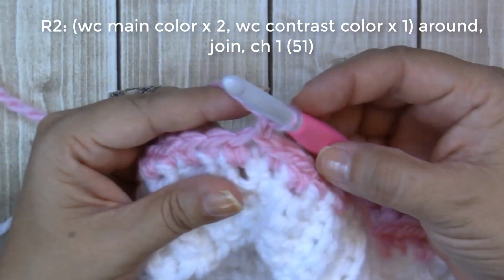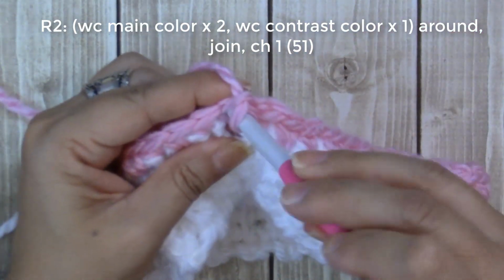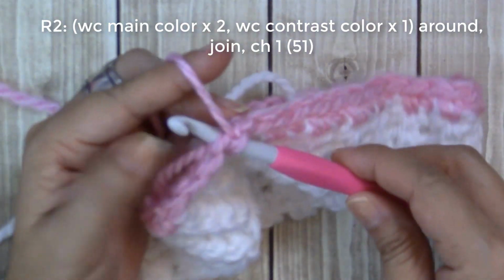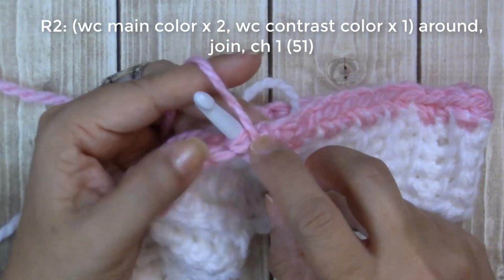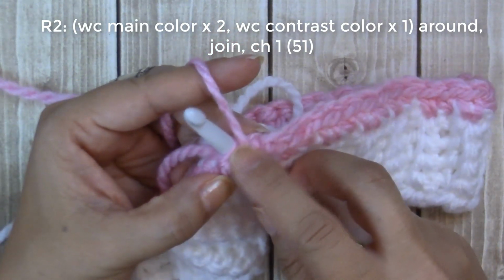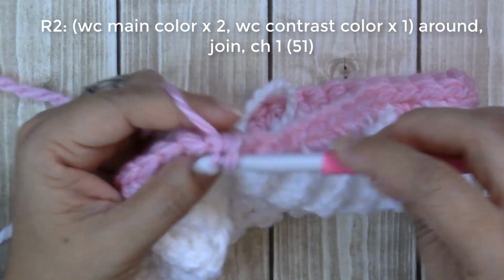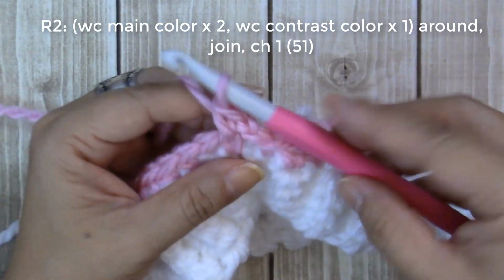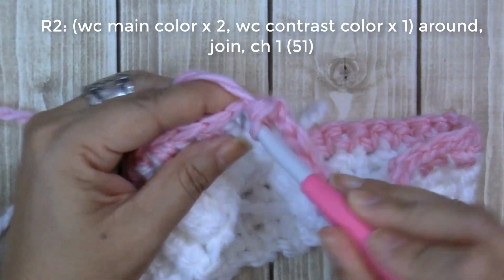All right, so this is where you're going to place your hook, just like this, in between the V's, and that's why it's important to work loose. Okay, so this is how it's going to look. You're going to be under the 2 loops, but then you're also under another strand of yarn in the back. Yarn over, draw it through, and you want to pull up, yarn over, go through both. Okay, do the same thing here,